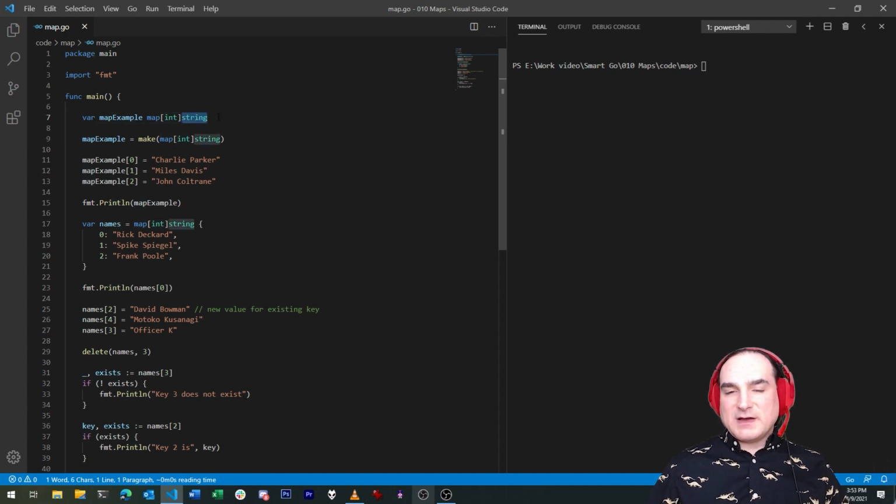Now we've defined a variable with the map type this way, but we haven't initialized it. And to do that, we can do one of two things. One, we can use the make function in Go to initialize an instance of the defined type with nothing in it. We can then add elements to the map one at a time by using the element adding syntax: the map variable, the key in brackets, and the value to add on the other side of the assignment expression.